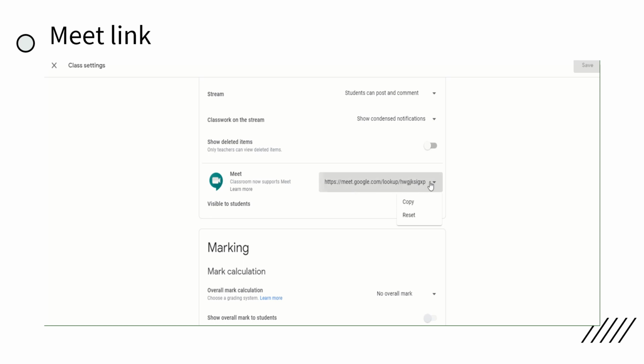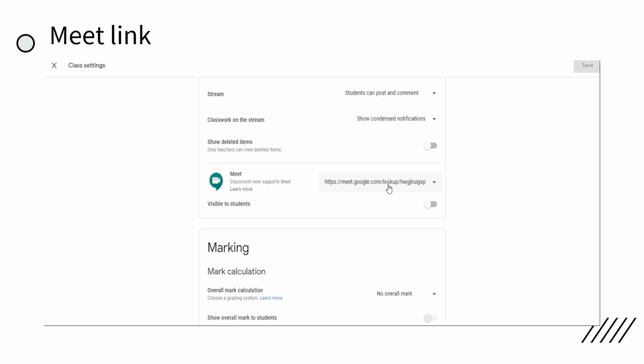After generating the Meet link, copy it and keep it safe. You can paste it in a notepad and keep it safe, or anywhere, anytime you can come and copy this particular link. This link has to be sent. Don't do this activity now.